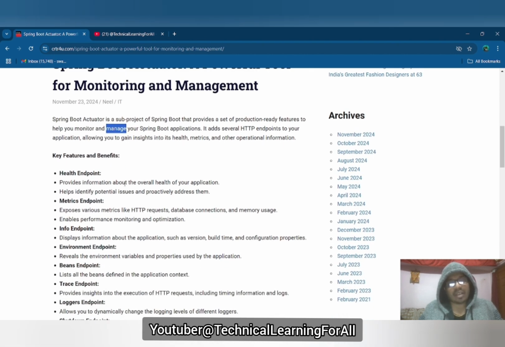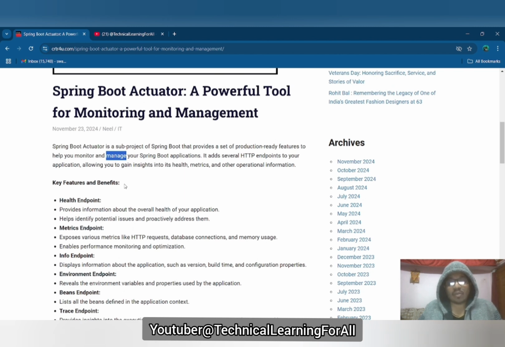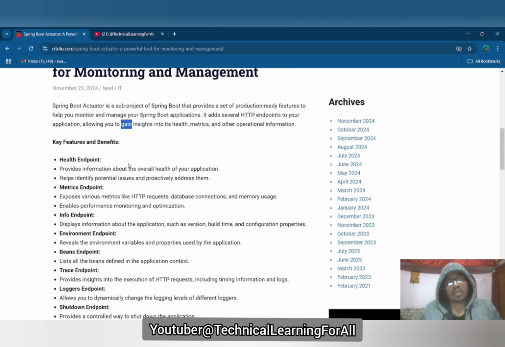Now, what kind of endpoints does the actuator provide? To use the actuator we have to add the dependency spring-boot-starter-actuator inside our application, right? After adding that, it will provide us a few inbuilt URLs